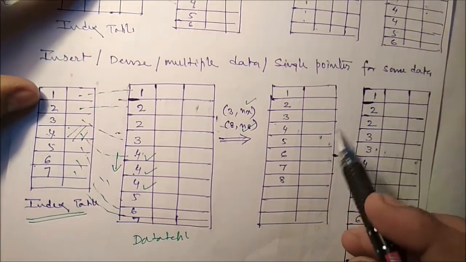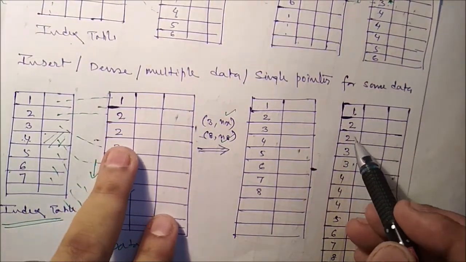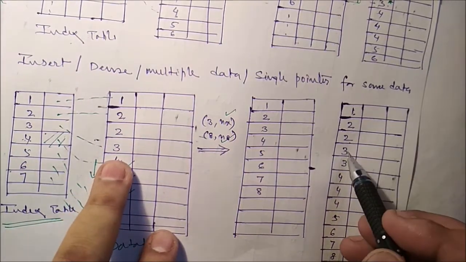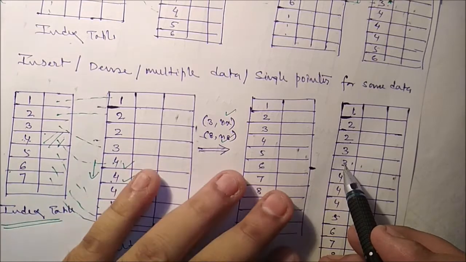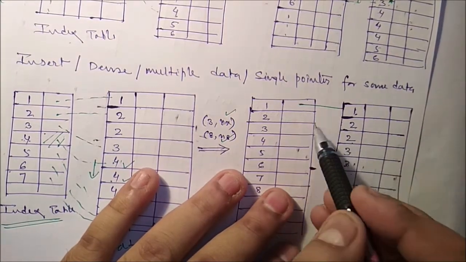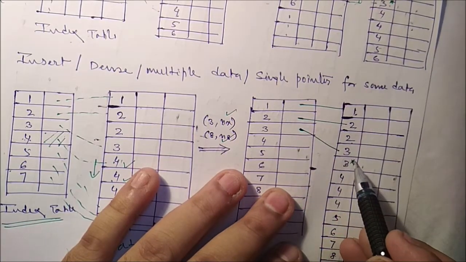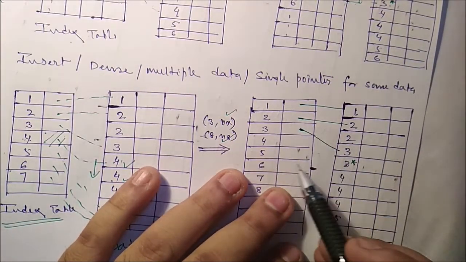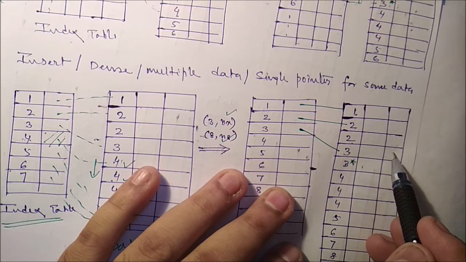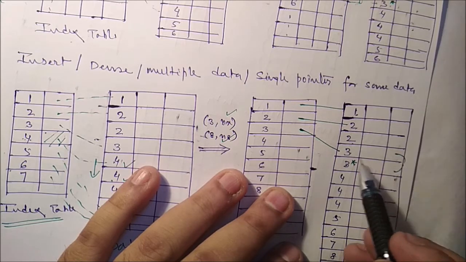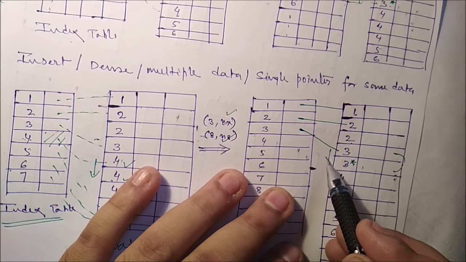Now what you can do: roll number 1 is there, roll number 2 has two entries, and a single 3 is there. Now we want to add one more. Are you getting this one? Roll number 1 is already there, roll number 2 is already there, roll number 3 is already there, and this is our new 3. So it is not required to update the index table. Here you just have to store the address of this particular row. We know from this that we can jump to the next row, so we can read sequentially.